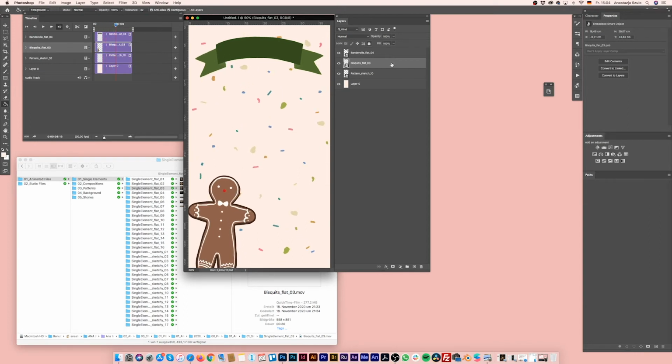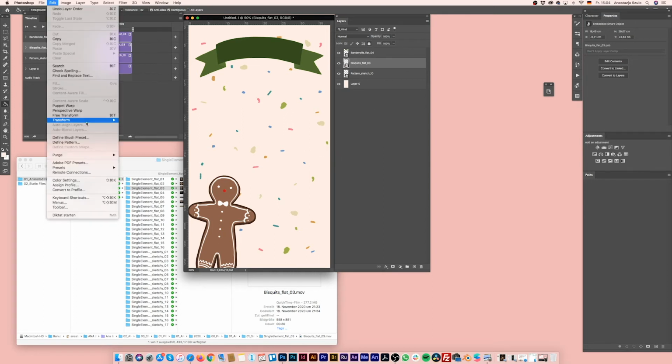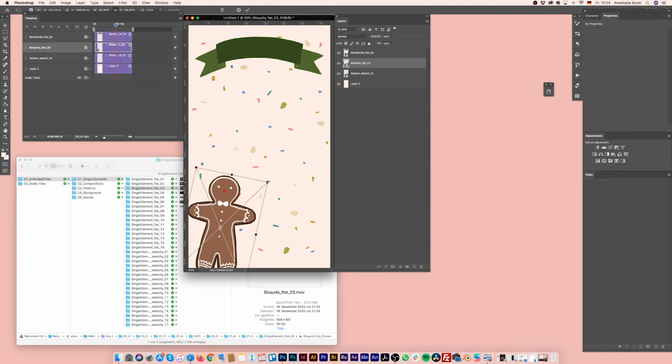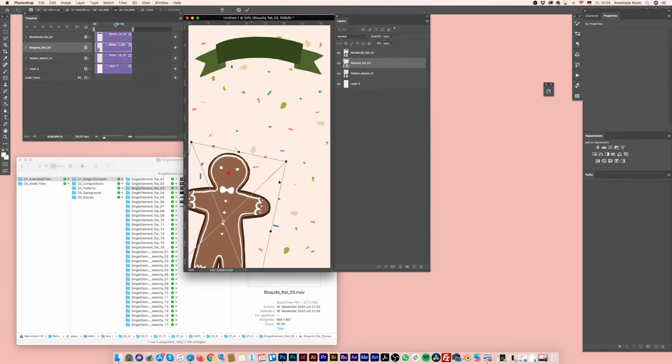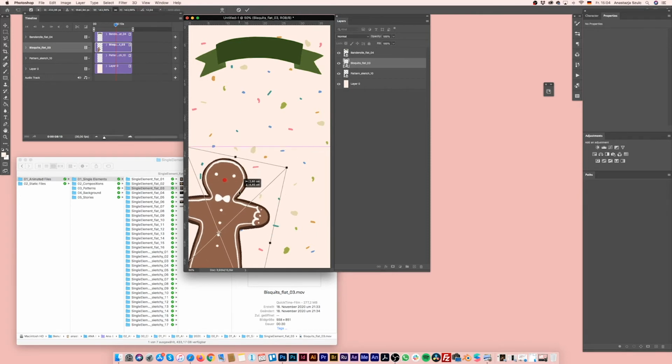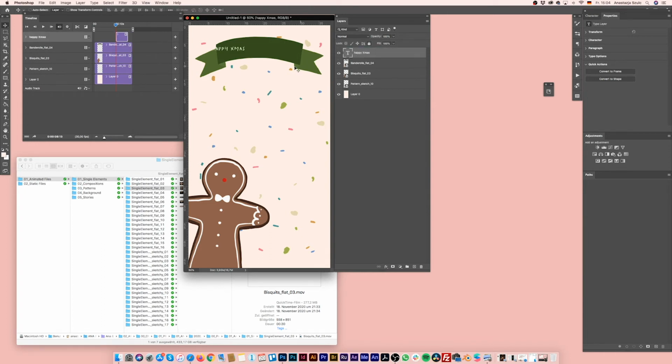So simply, if you want to scale it, press Command T or go to Edit, then Free Transform, and scale this little guy. The next thing is we can add some text in here. Here we go. Again, move it on top.